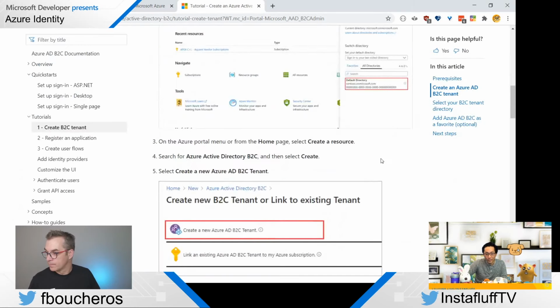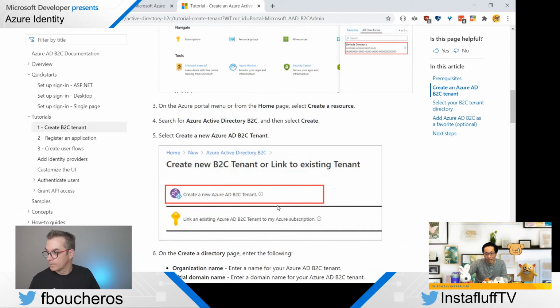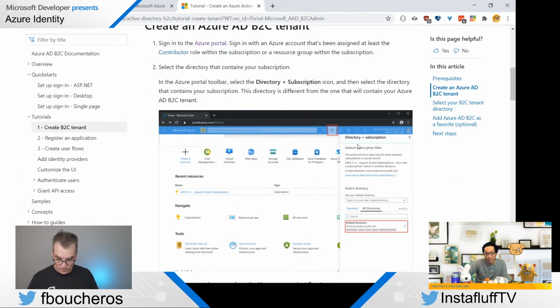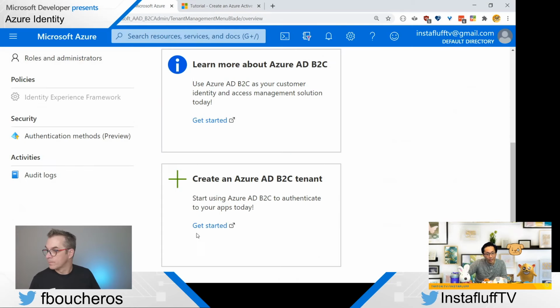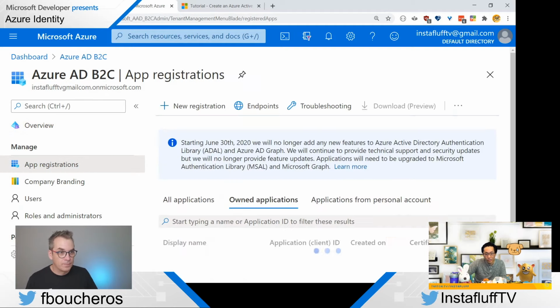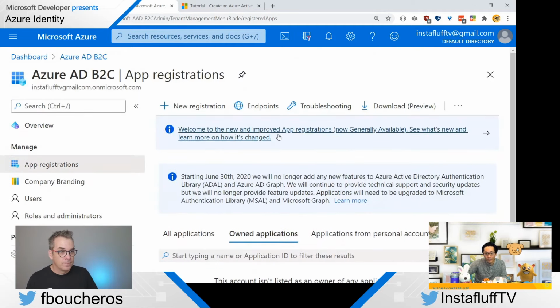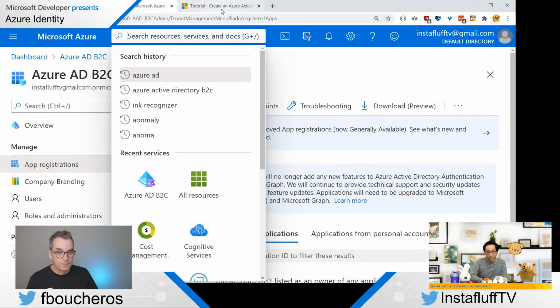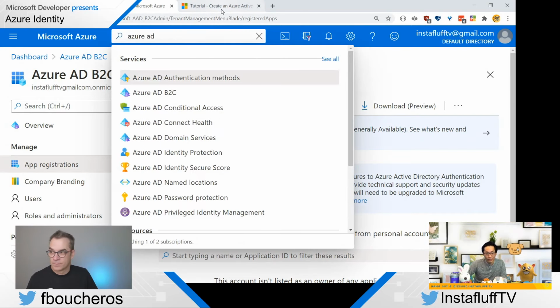Oops. I have to find this link. Directory subscription. Oh, I think, am I on the wrong resource thing? I gotta go to the tenant here. Overview, app registrations. It's not this one. Azure AD B2C. Wow.